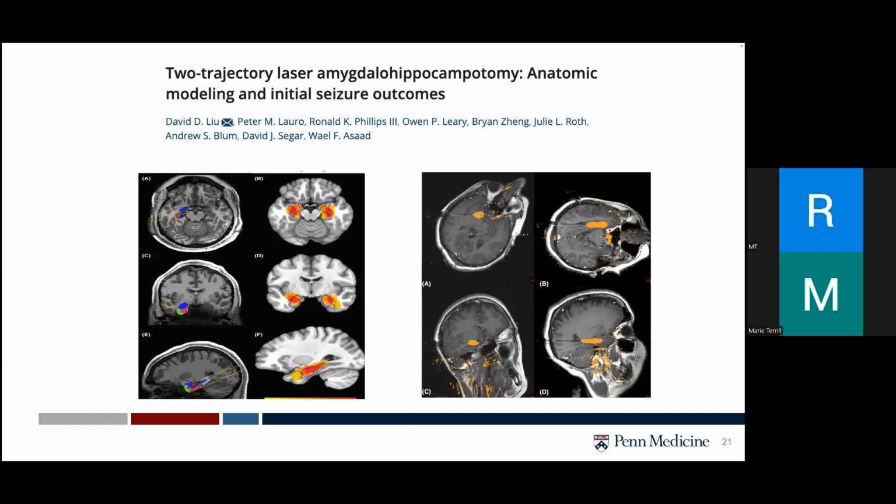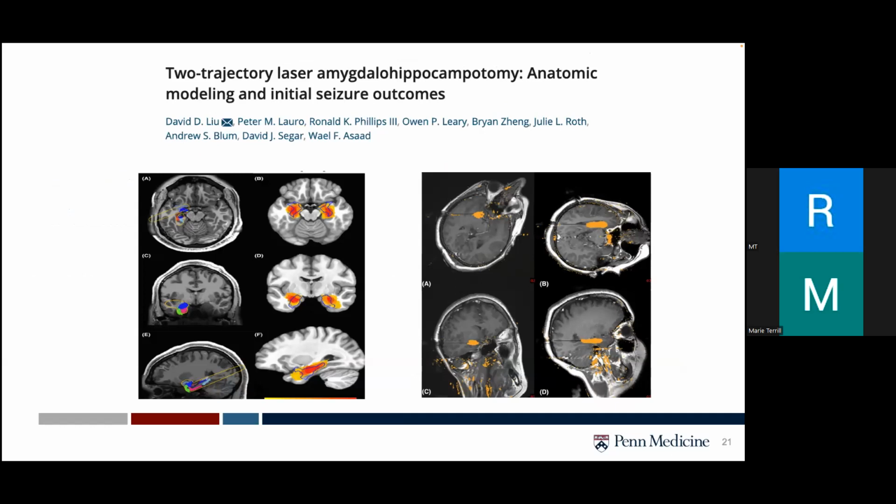Now, when you look at the effect of surgical targeting, there are also studies that have demonstrated a 2-trajectory approach was superior to the 1-trajectory approach in achieving complete ablation of all the hippocampal subfields and amygdala nuclei. This was looked at in a small cohort of 11 patients. I think 5 of the patients in this study at their 1-year follow-ups had good Engel 1 outcomes, and I believe the other 6 also showed a positive trend in that direction as well.